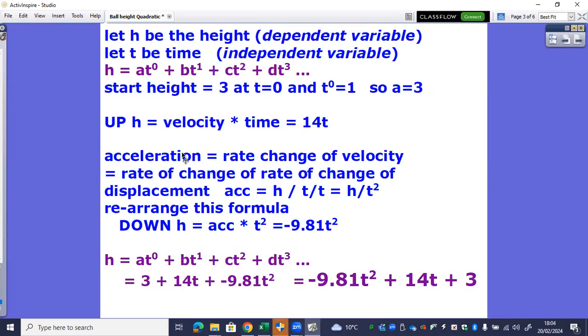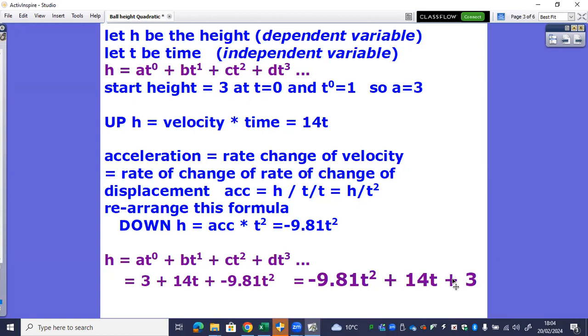What we also need to do is to work out the effect of acceleration downwards. Acceleration is the rate of change of velocity, which in turn is the rate of change of displacement, in this case height. So acceleration equals the height divided by time, and time again, height divided by t squared. If we rearrange this formula, we get the height going down as acceleration times t squared, which is minus 9.81 t squared. So we've now finalized our formula for height at any time t: minus 9.81 t squared